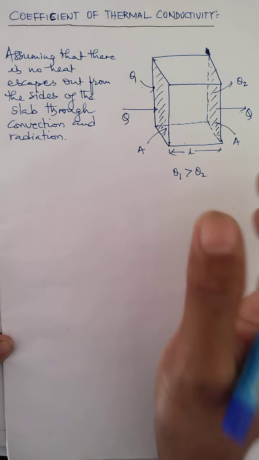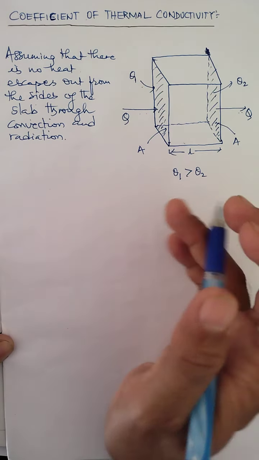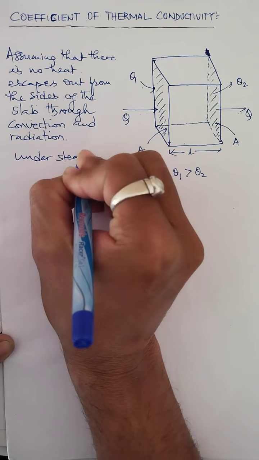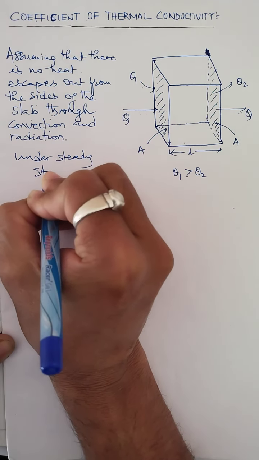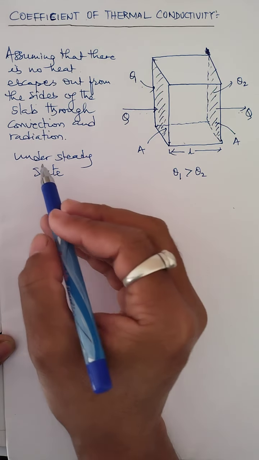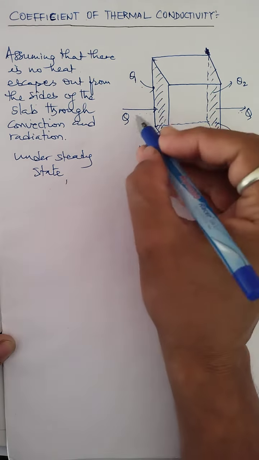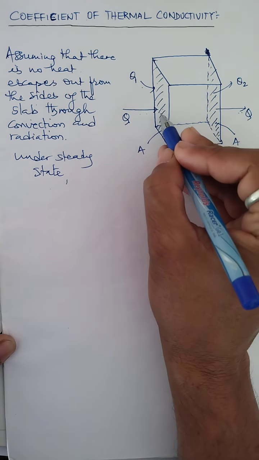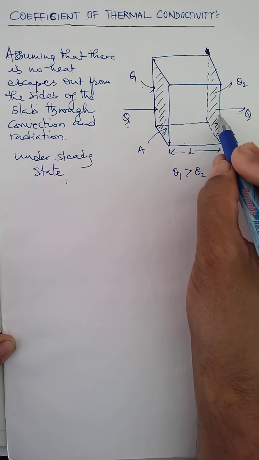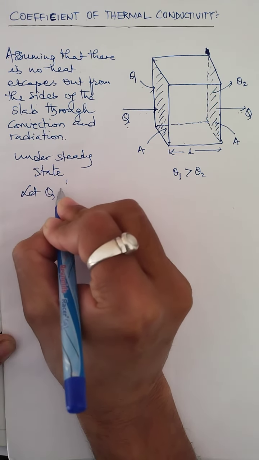Now, under these circumstances and under the state we are considering, steady state, which is very important, children, this expression that we are going to derive is under steady state. So under steady state, the quantity of heat entering at this surface is Q, and the same quantity of heat leaves from the other face. So let Q be the